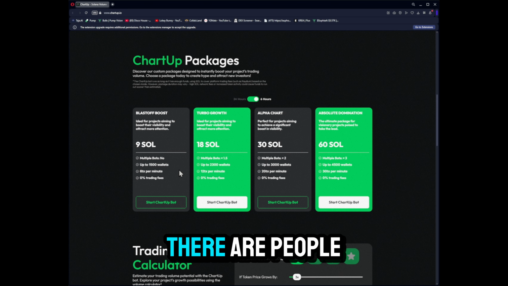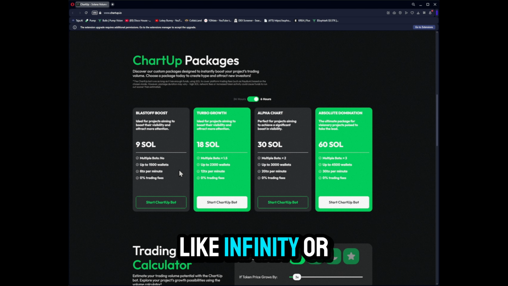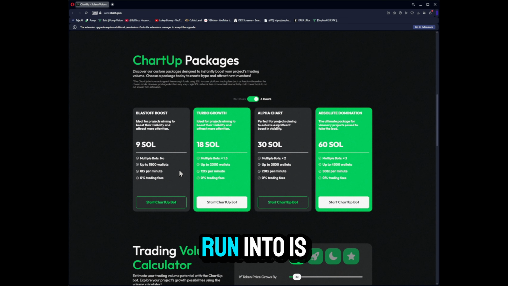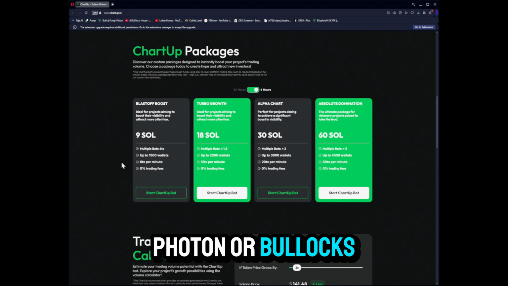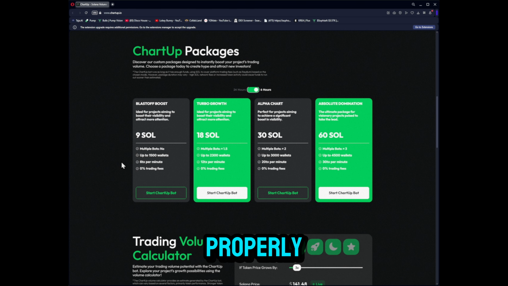And then there are people though that use, for example, Affinity or other types of bots that essentially own their own liquidity, so they're running their own volume at the same time. But what you run into is a lot of different mistakes. Like, one, are these wallet buys coming in on, for example, GMGN, or are they coming in on Photon or Bullx properly? Are they even showing them as holders? You don't want to be doing a shitload of work with your own liquidity and not even really damaging the charts in a way that organically should be, or doing it, so there's a lot of things happening with a lot of different wallets and a lot of different money that needs to happen really fast periods of times,